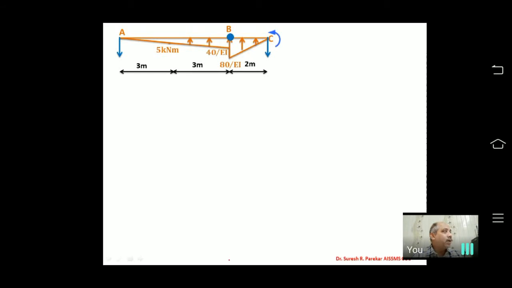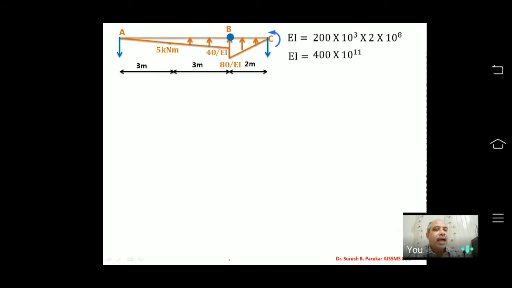Now we have to find out slope at A. So now I will have moment about B0. Before that, EI: you can see E is given 200 GPa, so 200 into 10 raised to 3, and I is given 2 into 10 raised to 8 millimeter to the power 4. So first you convert all values into Newton and millimeter. Now 200 into 10 raised to 3 is Newton per mm square, multiplied by 2 into 10 raised to 8 millimeter 4. So now the unit I will get is Newton millimeter square.